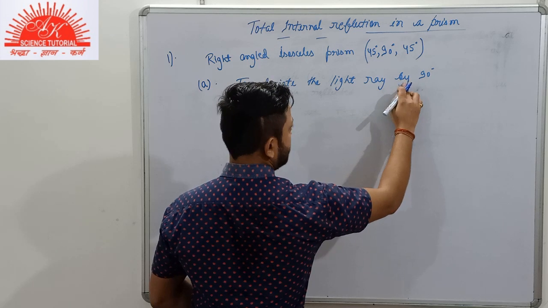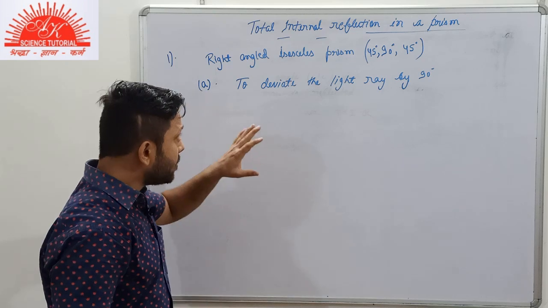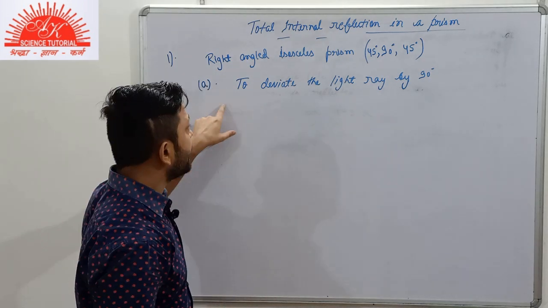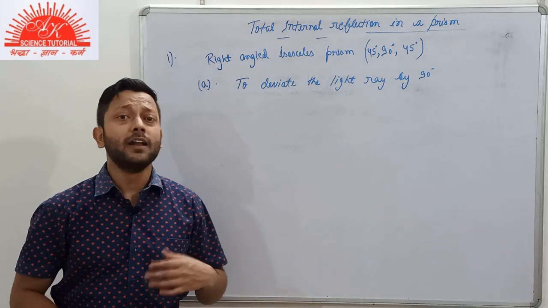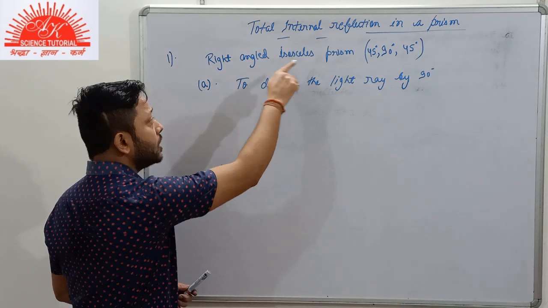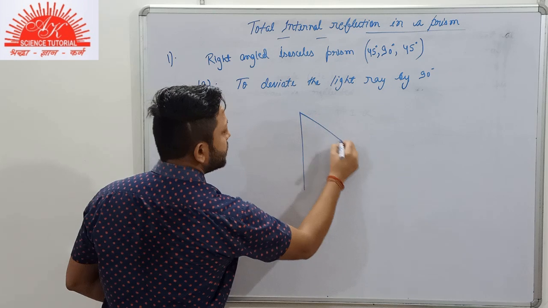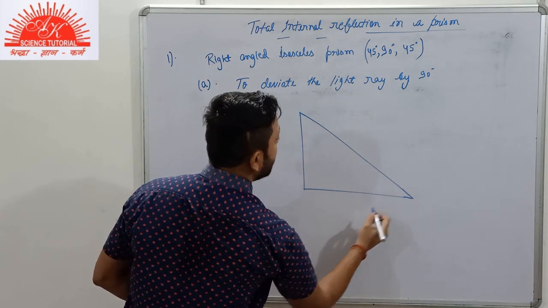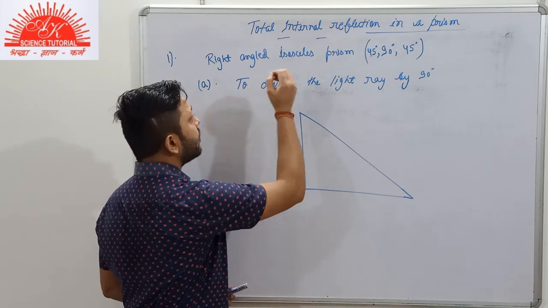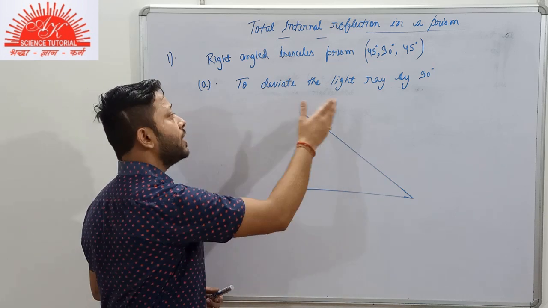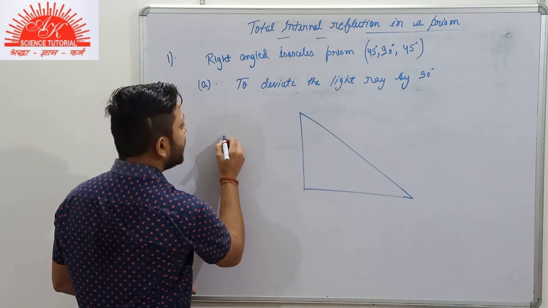What is the purpose of using this type of prism? Depending on the purpose that we are using this prism, there are three cases. If we want the light ray to be deviated by 90 degrees, then we can use the right angled isosceles prism. I'll make a schematic diagram of it. You might be asked to draw the diagram, or asked how we can use a right angled isosceles prism to deviate the light ray by 90 degrees. So you will draw the diagram. How do we do that?